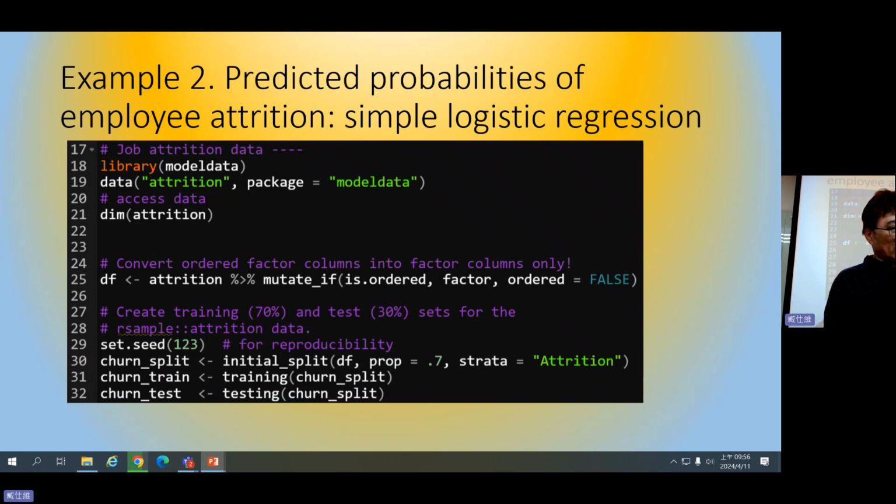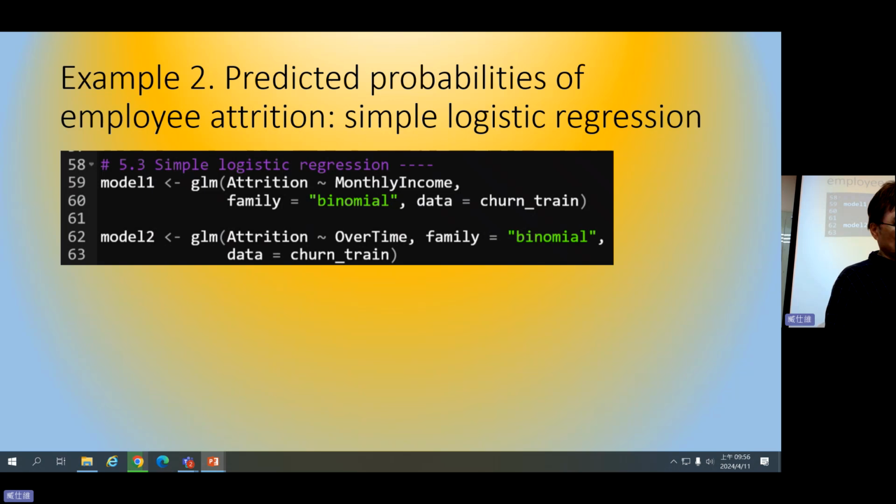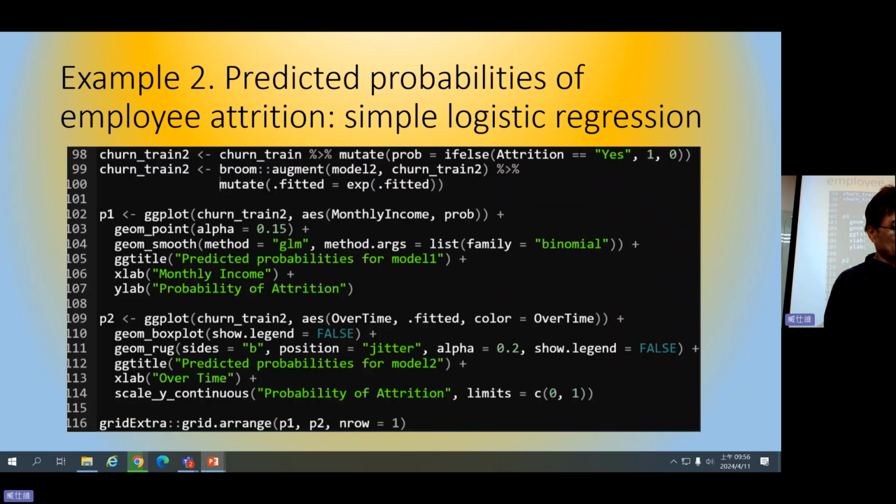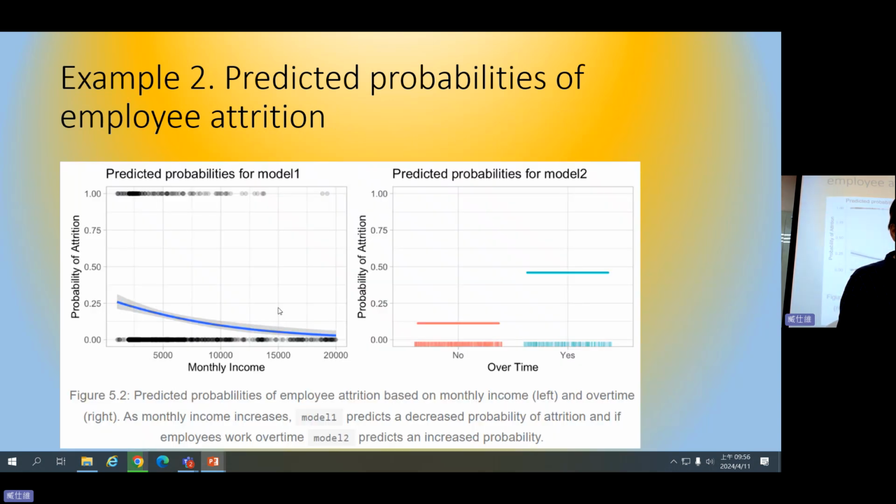So this is about the simple logistic regression, and then we can also follow the codings here. The coding is not that difficult, so basically you can just use these codings and try to plot the results. So this is the plotting of the results.